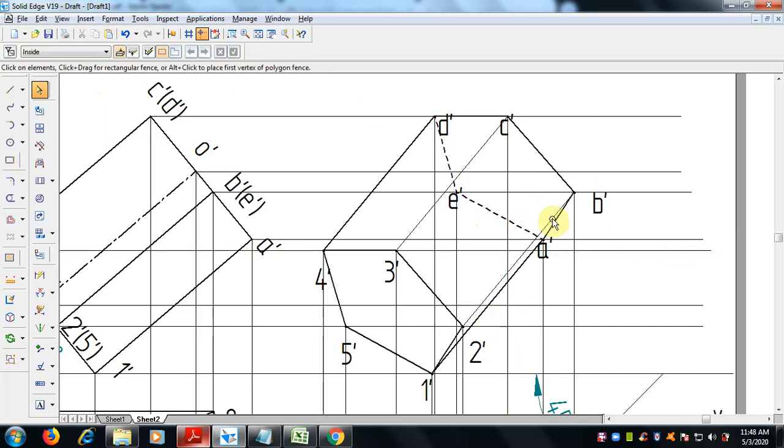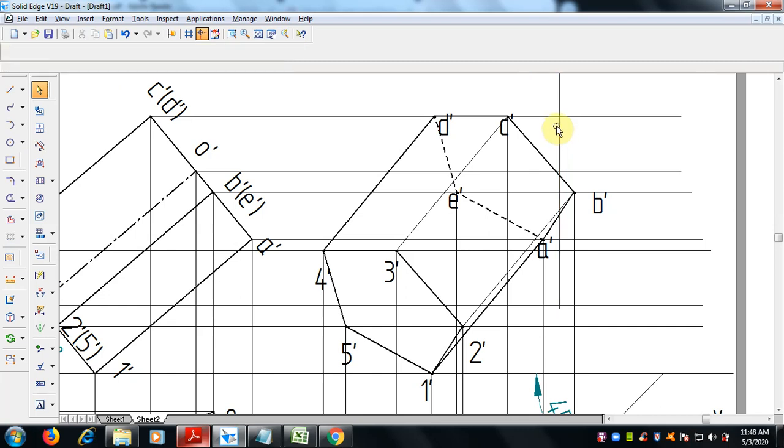Now connect the lines which are visible to visible. This is the visible base and here is the visible edge, so join visible with visible edge only. So 3 to C and 2 to B, we can see this is a visible edge and this is a visible edge, so we can join with a visible edge, 0.5.